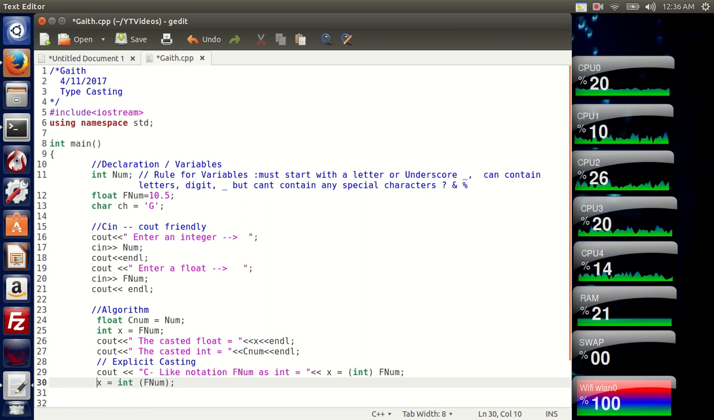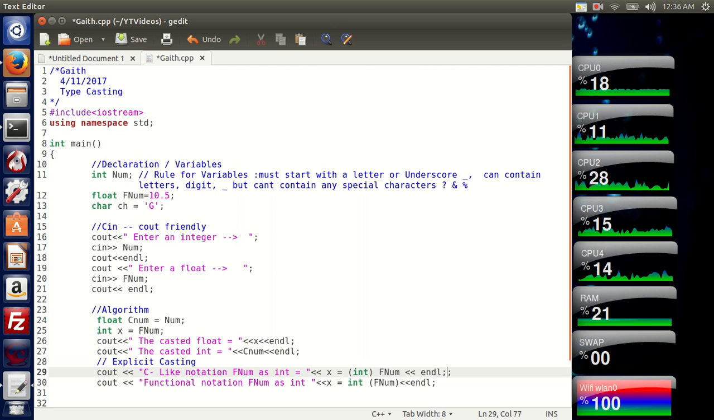and here I'll do the same thing. I'll say cout, and we said this is the functional notation, and fnum as integer, equals this, and here I can do endl, make your output look good, and here do an endl. I know I'm used to putting endl and semicolon, so